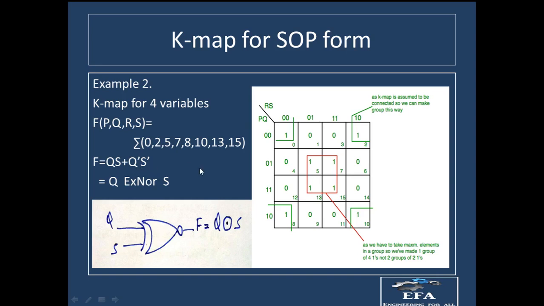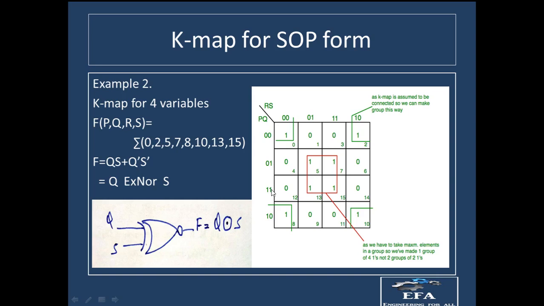Okay, after that we are having the second group. Now this first group is over, so we have to put a plus sign, right, because it will denote an OR gate. Okay, so after that we will move on to the second group. So for the second group, again we have to see the values corresponding in the vertical direction as well as in the horizontal direction, and see which of the variables are changing and which are constant. So you can see over here that P is equal to 0 and P is equal to 1, right? So again P is changing, Q is equal to 1 and Q is equal to 1. So Q is constant, so we have to keep Q. And what will be the value of Q?